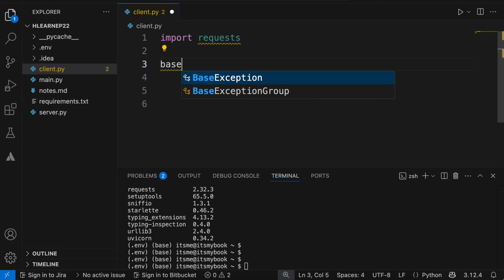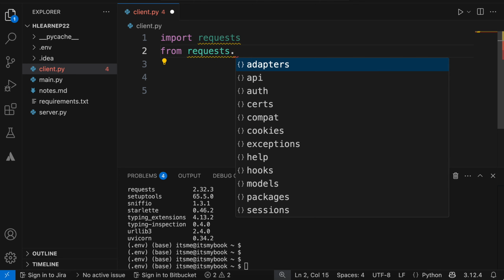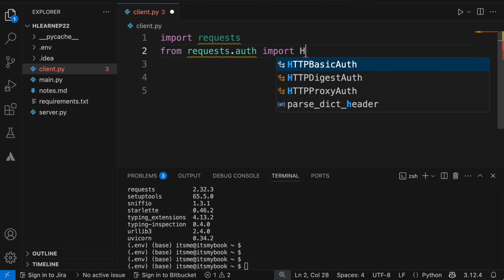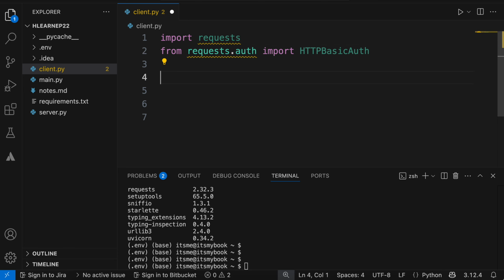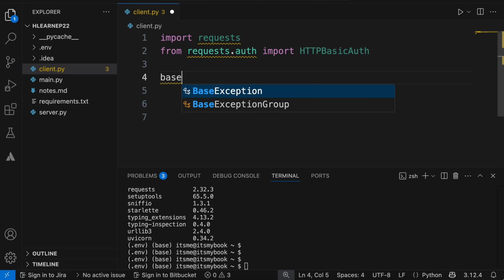We will also import a few things: from requests.auth import HTTPBasicAuth. Base URL is equal to, again the same thing,